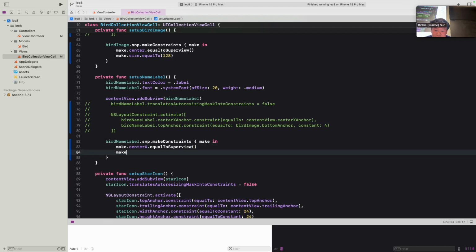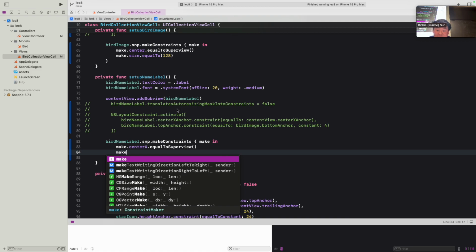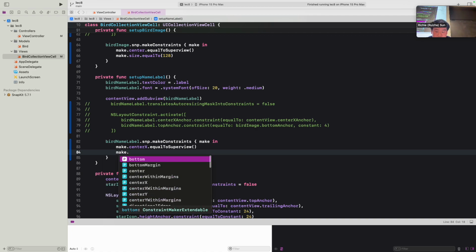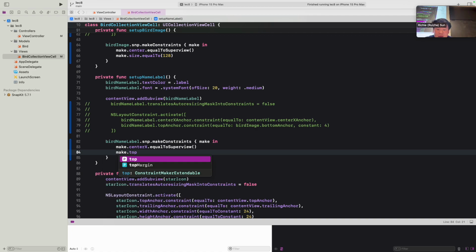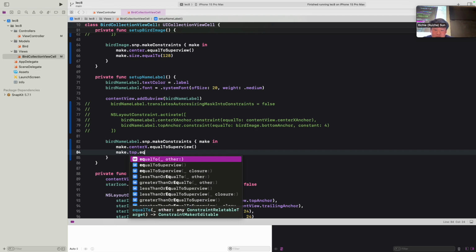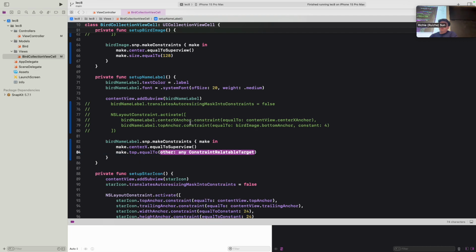Okay, and the next thing we can do is we want to set the top anchor of our bird name label to the bottom anchor of our bird image. So again, we want to set the top anchor. So we want to specify make.top, and we want to set that equal to, so rather than equal to super view, we want to specify that it's equal to something else. So now what we want to do is make sure that we're setting it to the bottom anchor of the bird image view.